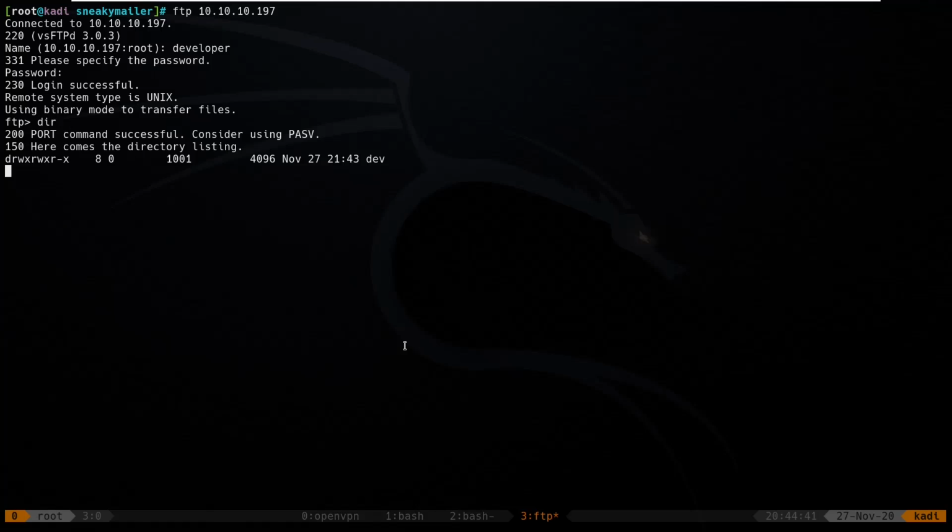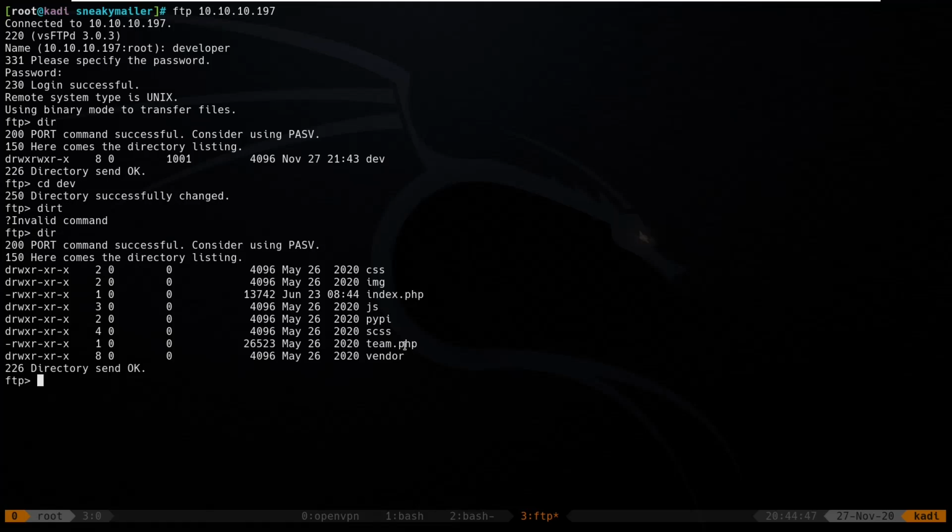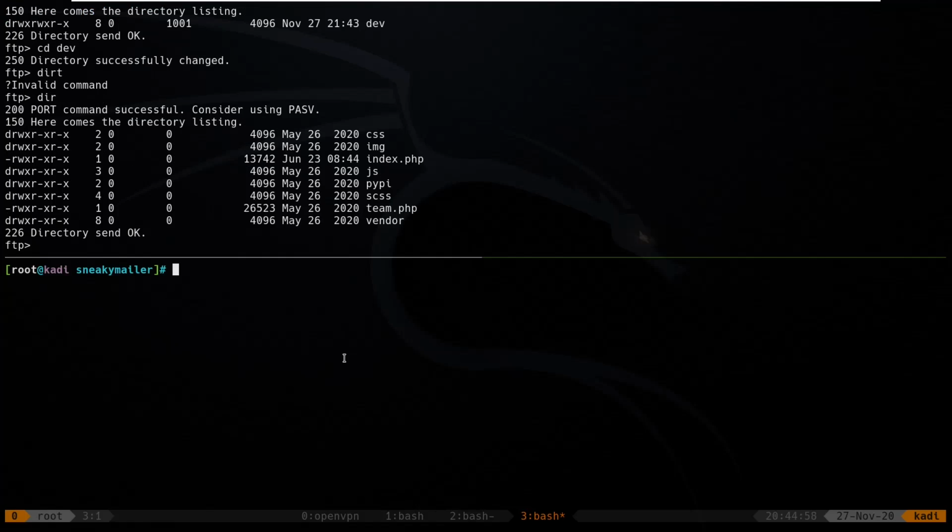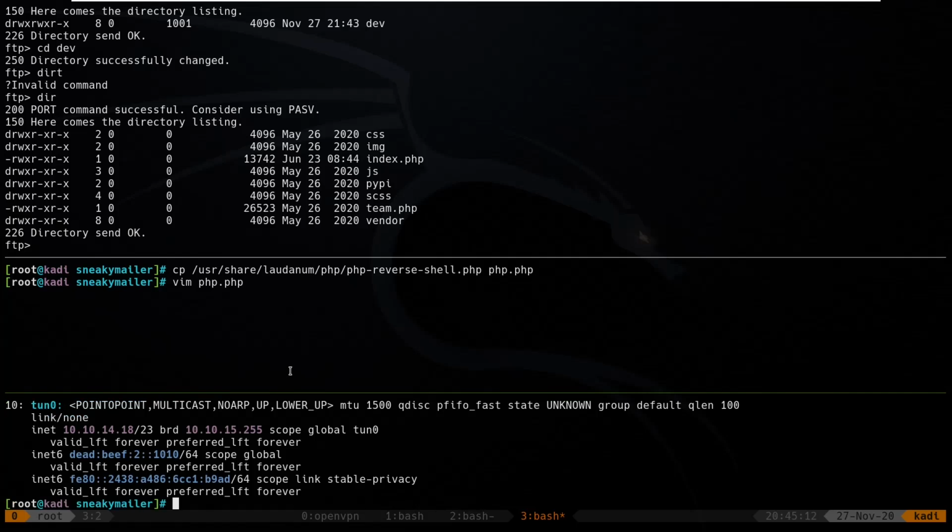So if we look in here, we see a directory called dev. We move into dev, and we look what's in here. We see the index.php and the team PHP page. So we may be able to upload a reverse shell. So if we just copy user share laudanum, PHP reverse shell, to php.php, go in and edit it, add an IP,